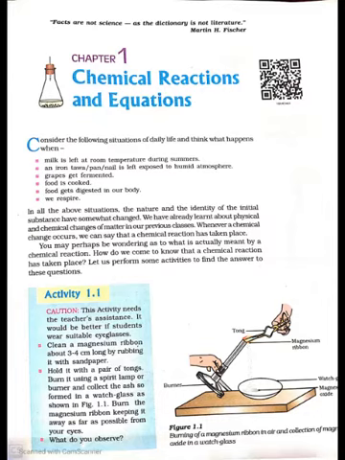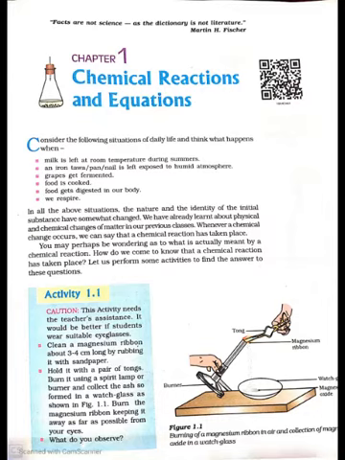Now activity 1.2 with figure 1.2. In figure 1.2, formation of hydrogen gas by the action of dilute sulfuric acid on zinc. Now starting activity 1.2. Take lead nitrate solution in a test tube. Add potassium iodide solution to this. What do you observe from the